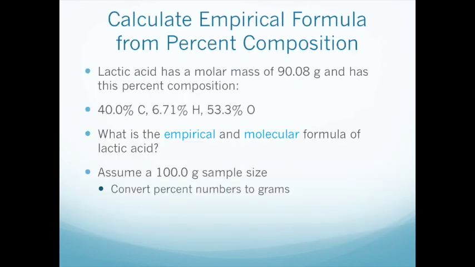Now we're going to unify all these concepts that we just learned into a nice example. So lactic acid, it's a commonly occurring biological molecule. It has a molar mass of 90.08 grams and a percent composition of 40.0% carbon, 6.71% hydrogen, and 53.3% oxygen. How do we find the empirical and molecular formulas of lactic acid? So we start by assuming a 100 gram sample size. So we will convert our percents to grams